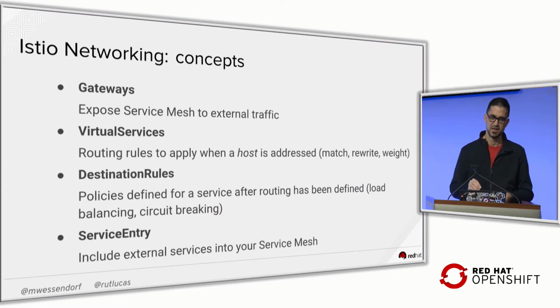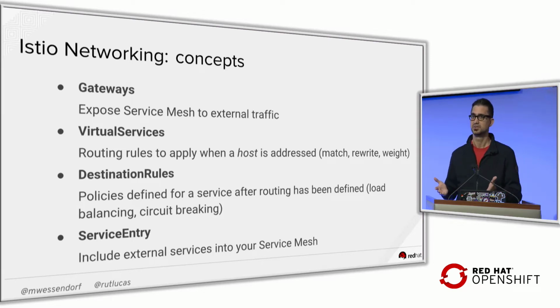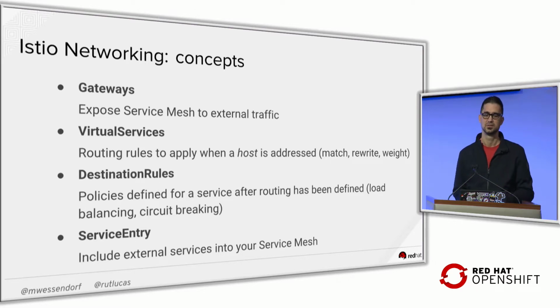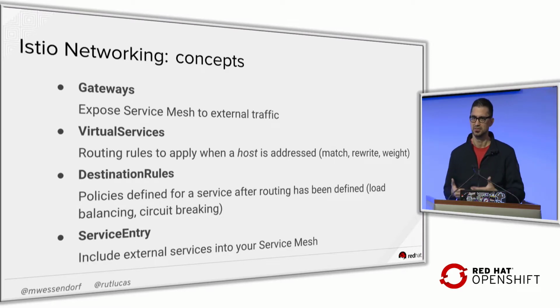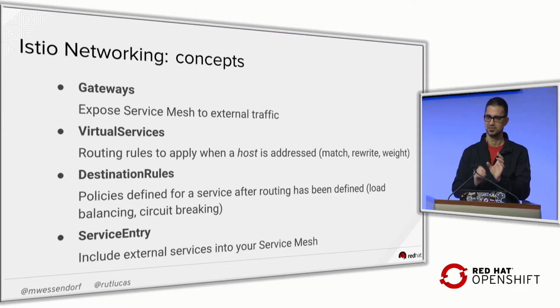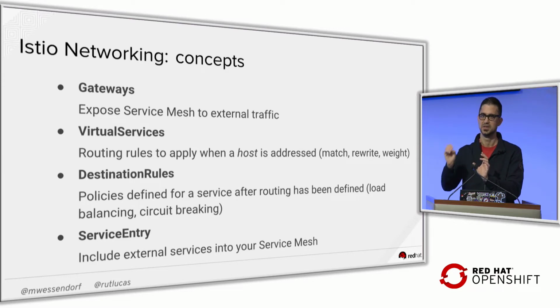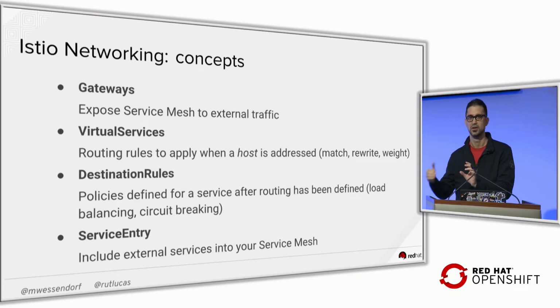Just going a little bit deeper about the concept of Istio networking, Istio, or Service Mesh, works with two main objects, okay? The first, gateway, is how to expose my Service Mesh services to external traffic. The next concept is the virtual services, which is how I can apply smart traffic routing in my system, how I can say, okay, I want service A to communicate with version 1 of service B in certain scenarios, but with another version in other types of scenarios.